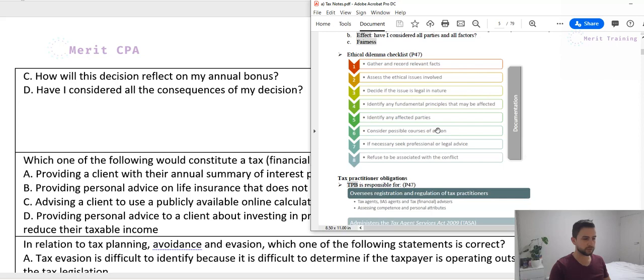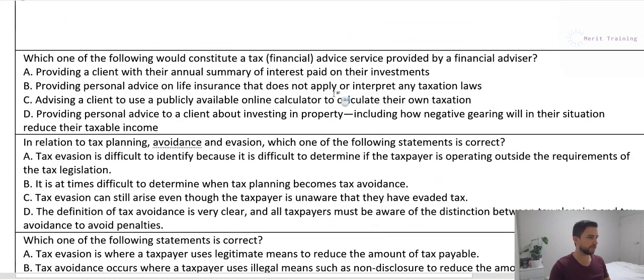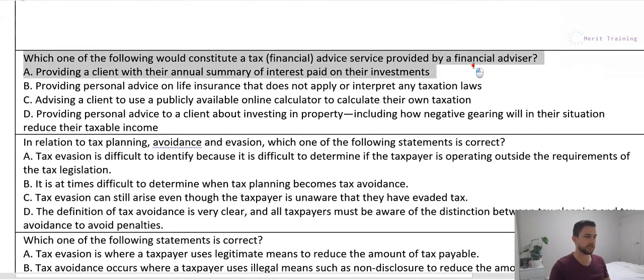So consider possible causes of action and affected parties. So clearly D is the most correct answer out of all of these. Okay, cool. So next question is, which one of the following would constitute a tax financial advice service provided by